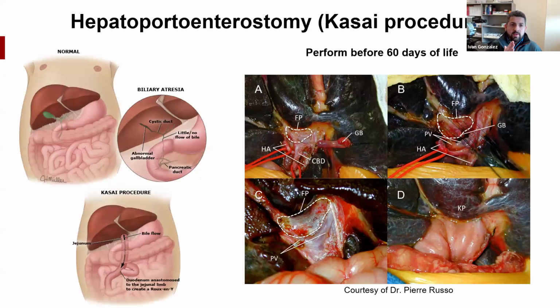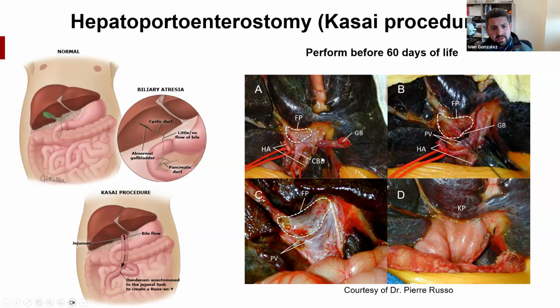So the important thing is finding that diagnosis, because you want to do a Kasai procedure within 60 days of life. If you do this Kasai within the first 30 days of life, your chances of that child needing a liver transplant within the first 3 to 4 years is only 50%. But once you wait and do it at 30 to 60 days, that percentage goes down to 30%. So it's really important to get this as early as possible, because that's one of the main predictive factors of having a successful Kasai.